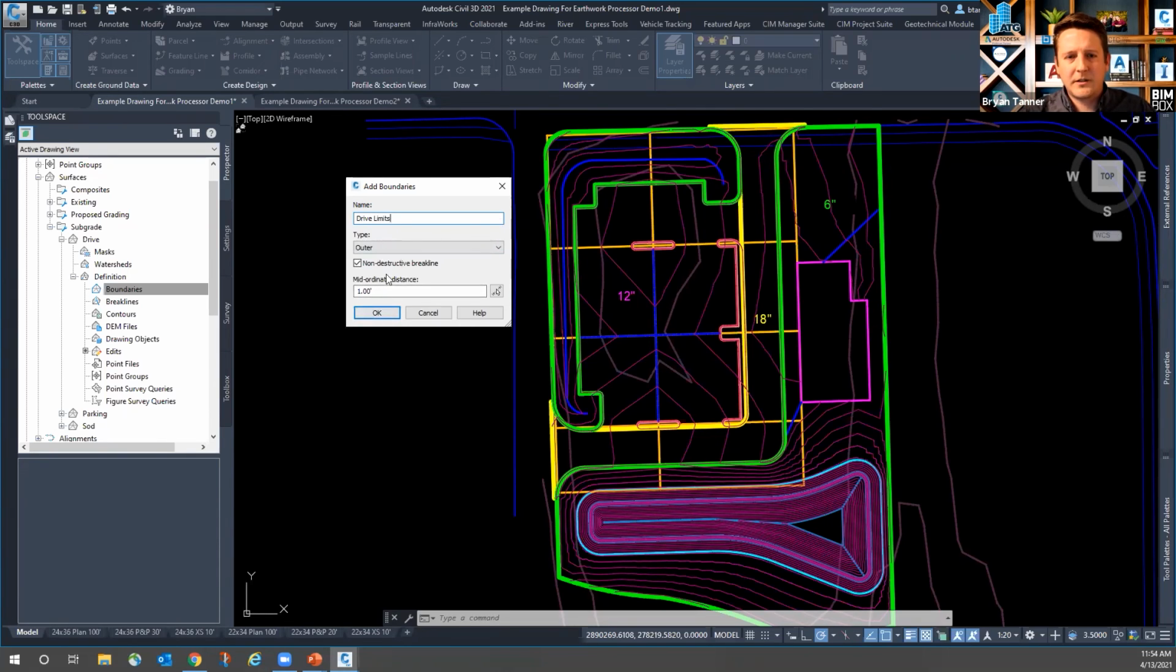I do have some curvature to that polyline, so I'm going to lower my mid-ordinate distance. This isn't a long sweeping roadway. This is a tight parking lot design. Some of these mid-ordinate distances need to be pretty tight to reflect the curvature, the tight radiuses that are represented within a parking lot. So I may go down to even as low as 0.01 feet for my mid-ordinate distance